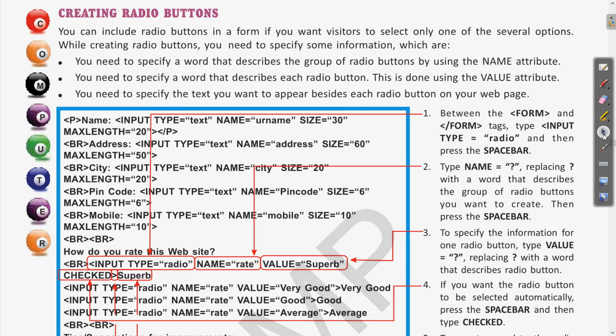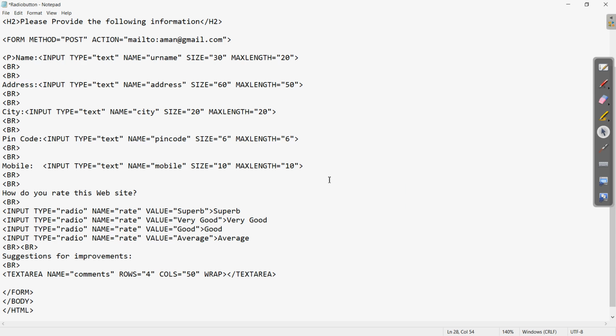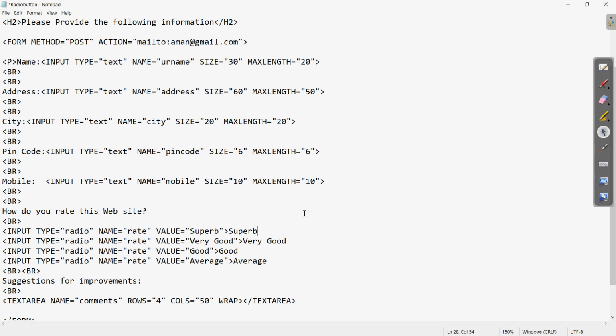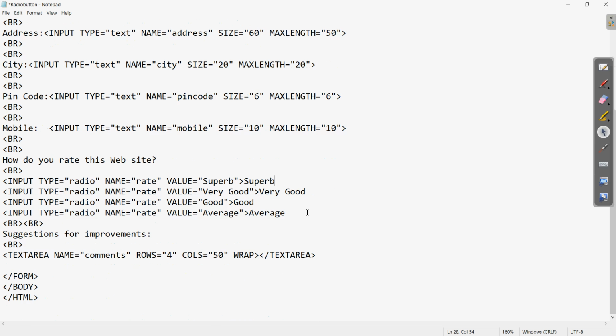If you see the HTML code, here it is. Here the input type is radio. All the above input types remain as they are: the text boxes, and the comment box which we want for the feedback, that is text area. For the radio buttons we are talking about right now, we have written the input type as radio.